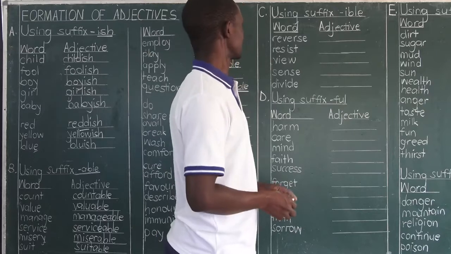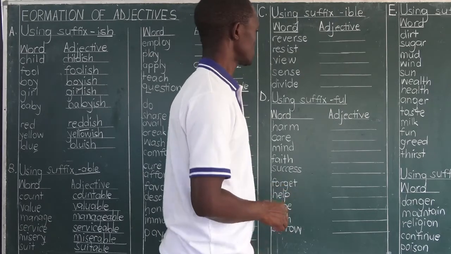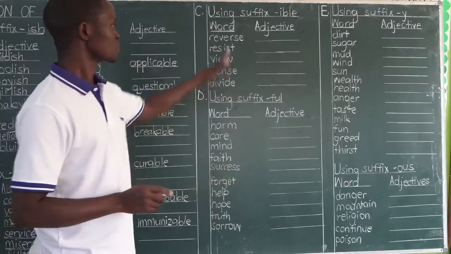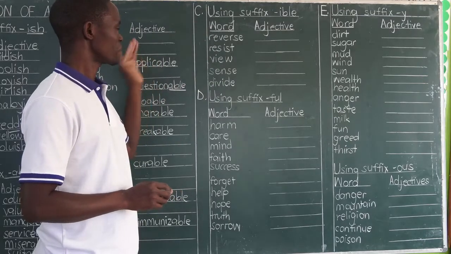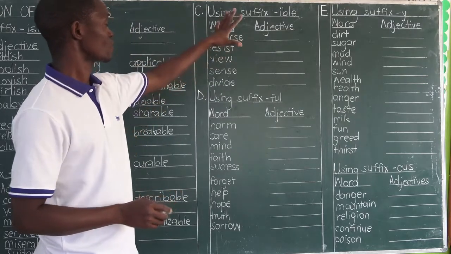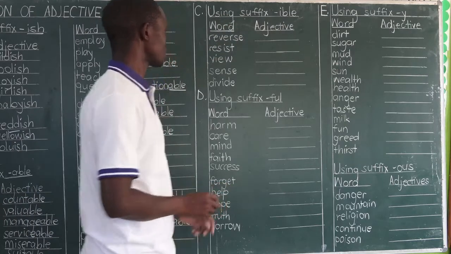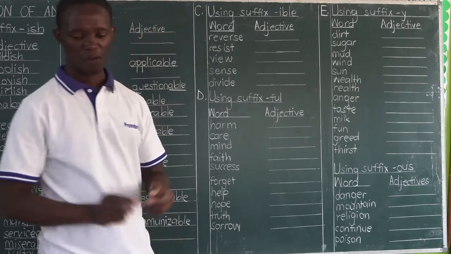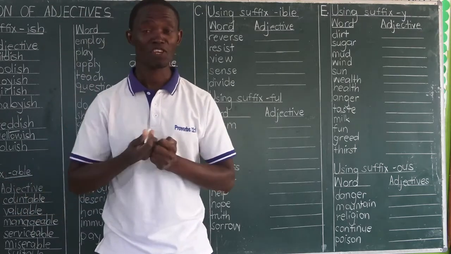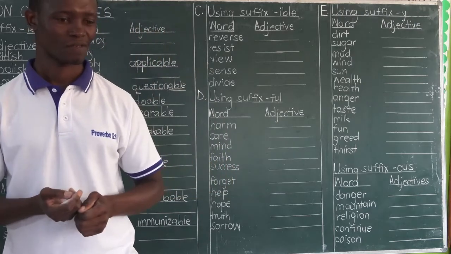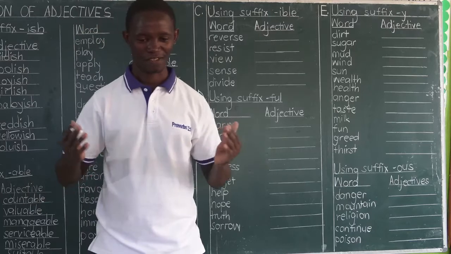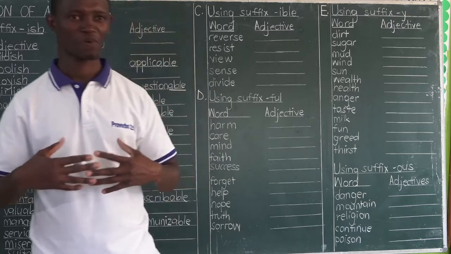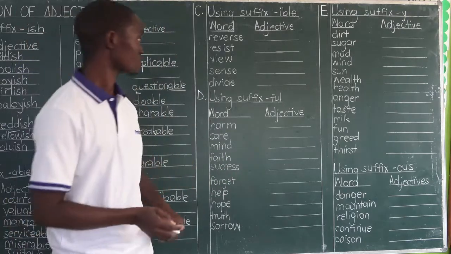Our next part is this, where you're going to use suffix ible. These ones are not in the previous category, but they are in their own category where they have ible. Never mess up. There are subjects where you have challenges with adjectives where you have to use ible, but you end up using able. The science teacher talked about the word irreversible, and most children end up giving him the word irreversable, which is wrong, which is very wrong.